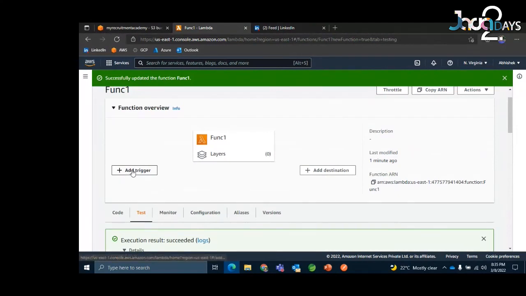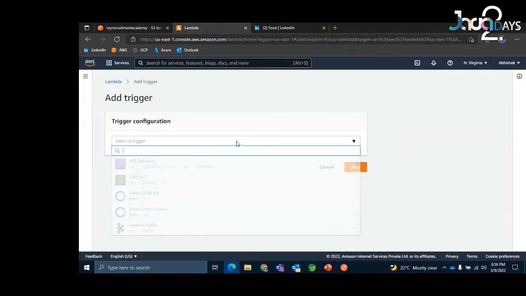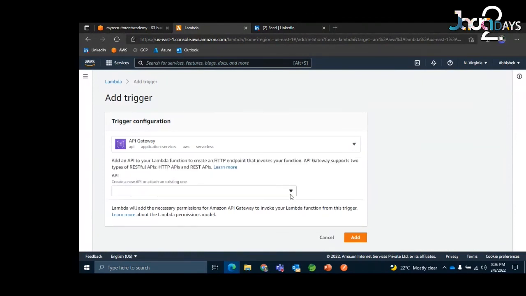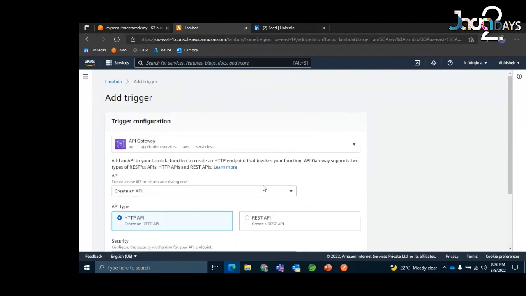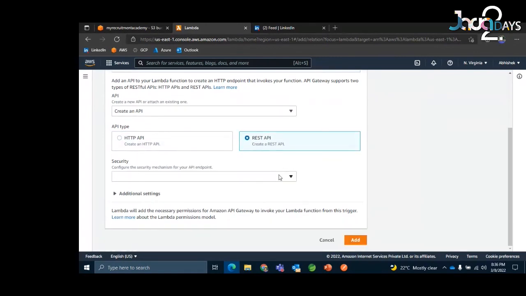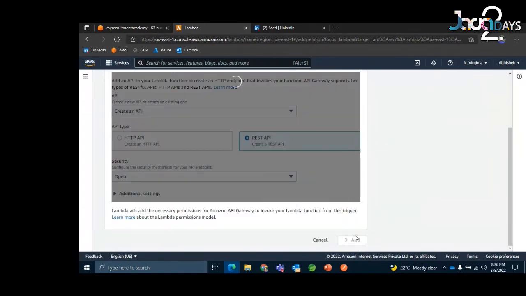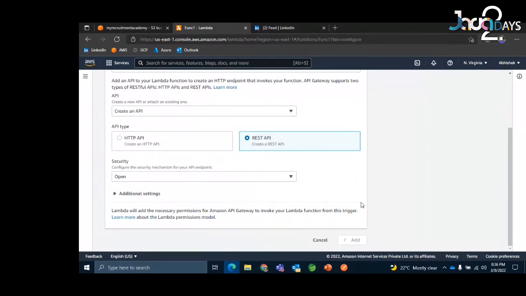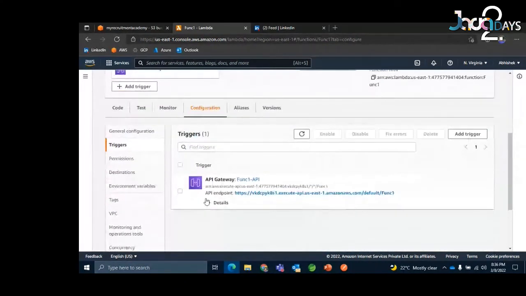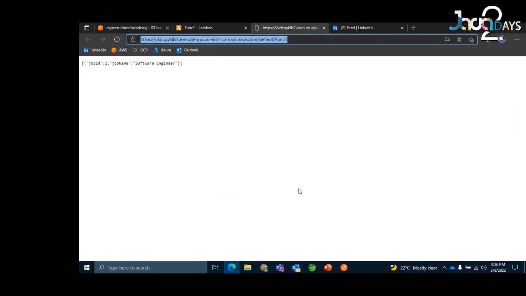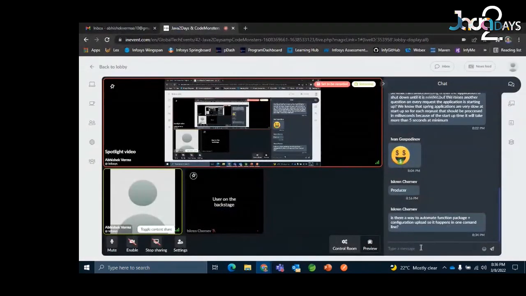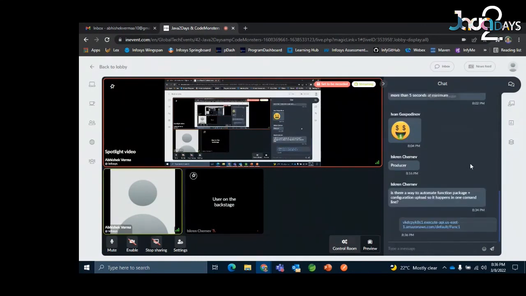Now let's add a gateway so that you guys can also hit the API. So we'll add this API gateway, which is going to be REST in nature. We'll say create an API, REST API, and let's make it open without any configuration as of now. And yeah, here comes my gateway. So I'll say open link in new tab, and there comes my output. So this is our output, guys. And now you guys also, if you wish, can hit it, and you can put it up in the chats. Yeah, you can hit this. It's just a GET URL.